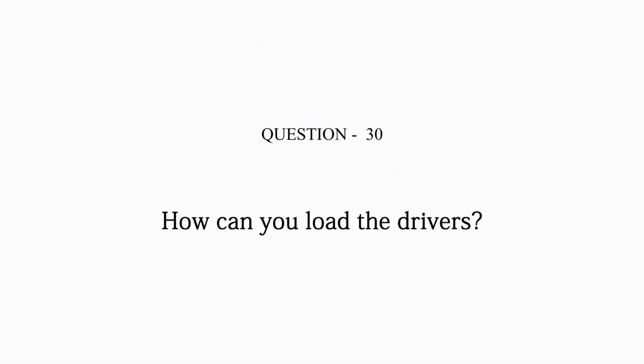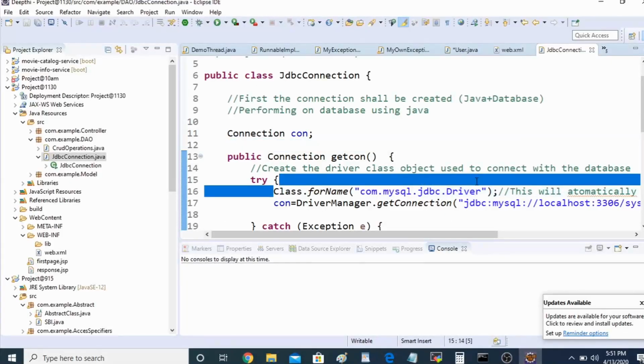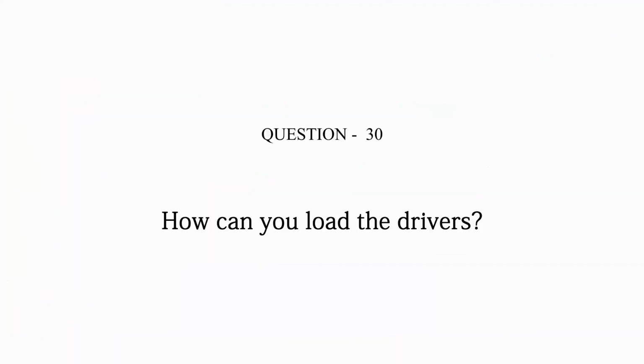How can one load the drivers in JDBC? You download the connector package in Java of the respective database which you want to use, then you should use the class.forName function to load the driver classes. So basically the same is going to load the drivers. Drivers should be already installed. Either you should be installing the package directly inside the whole project, or else you should use Maven to bring that particular dependency in your project. Both the ways it's fine, and you can go ahead with any one of them.